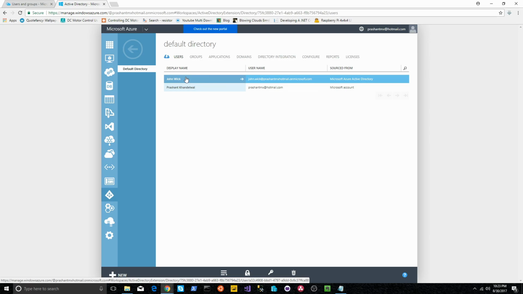Okay, so John Wick is selected by default. On the very bottom there's a link called Manage Multi-Factor Auth. I'm going to click that while I'm also selecting the user for which I want to enable multi-factor authentication. So I click on that,